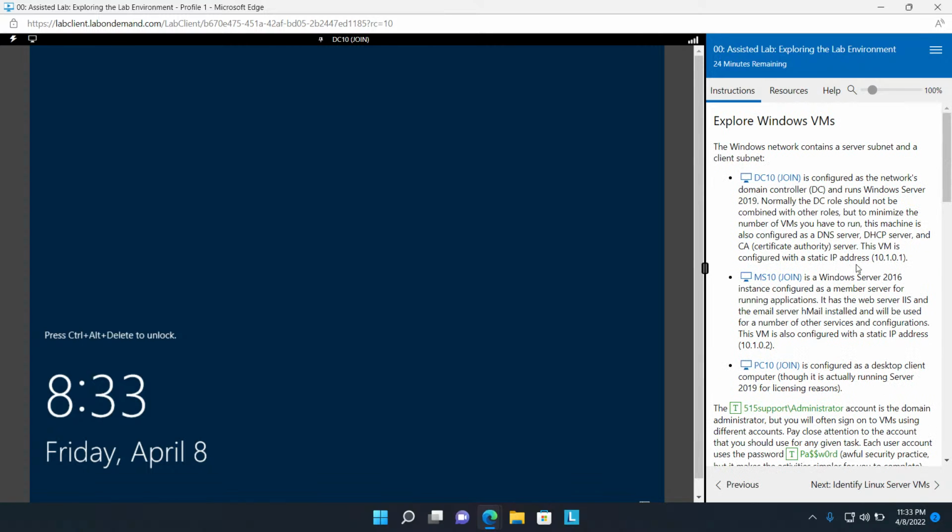Explore the Windows VM. The Windows network contains the server subnet and the client subnet. DC10 is configured as a network domain controller. DC runs Windows Server 2019. Normally, the DC role should not be combined with other roles, but to minimize the number of VMs you have to run, this machine is also configured as a DNS server, DHCP server, and CA (certificate authority) server. This VM is configured with the static IP